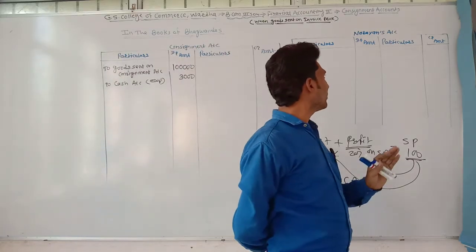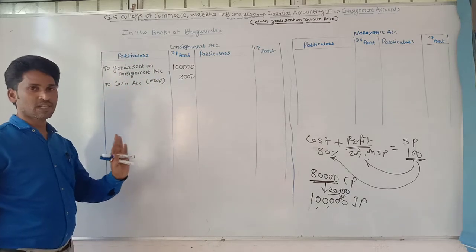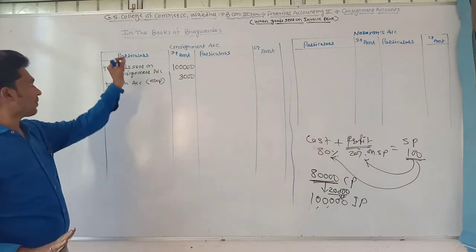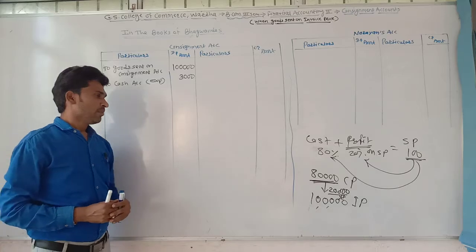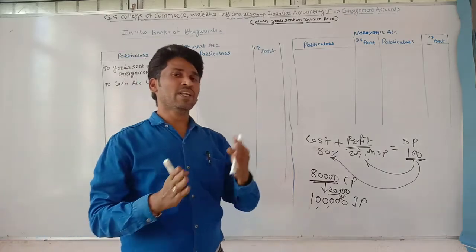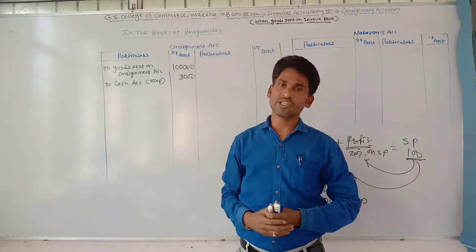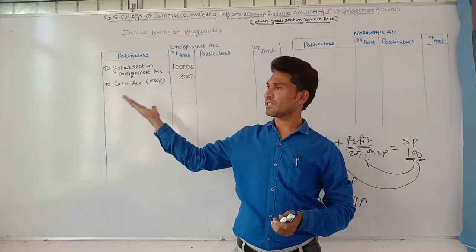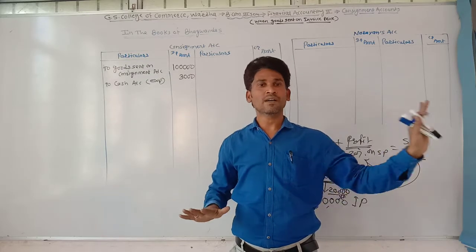The consignee never shows any financial report in the books of consignee. We just prepare the two accounts which appear in the books of consignor, which means Bhagwan Das. When the consignee keeps the financial records, he never passes the journal entries of these two transactions: when the consignor sends the goods, and when the consignor spends some expenses. These entries are not passed by the consignee.